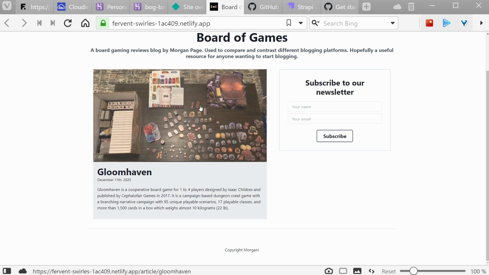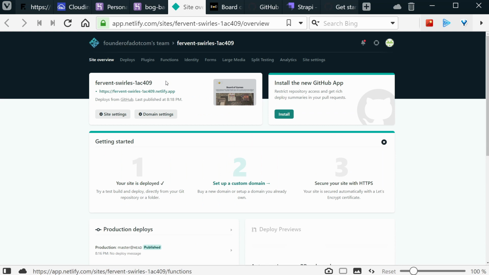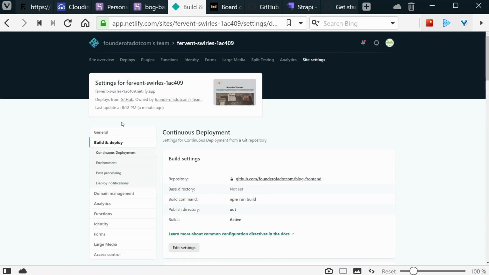So we're almost done now, but we actually need to do one more thing, which is we need to tell the front end anytime that we change something in the back end that the front end needs to regenerate the blog. So we do that under deploys. So if we click on deploys and then we click on deploy settings,